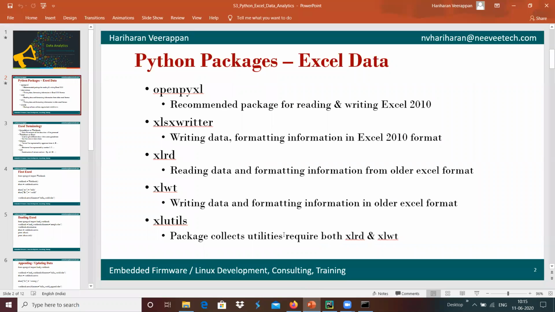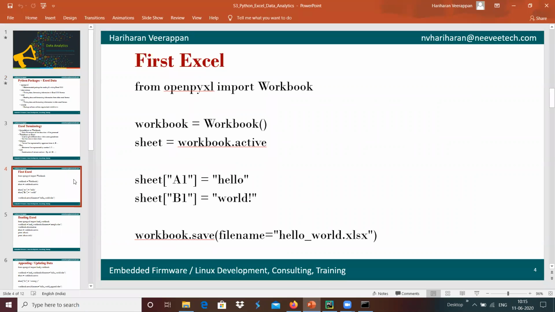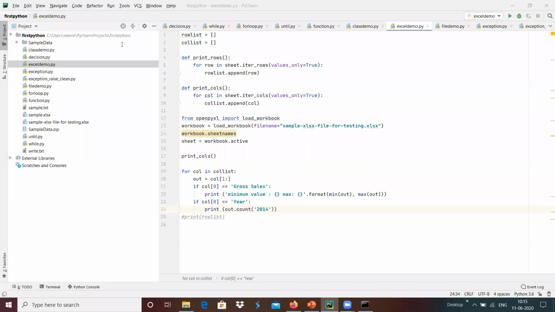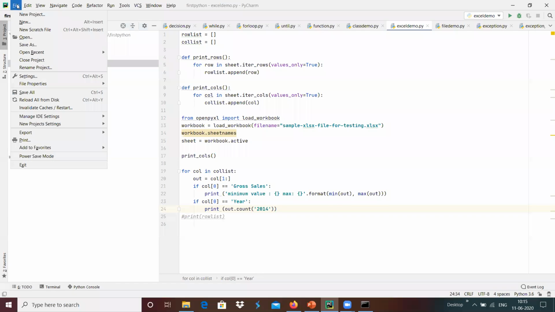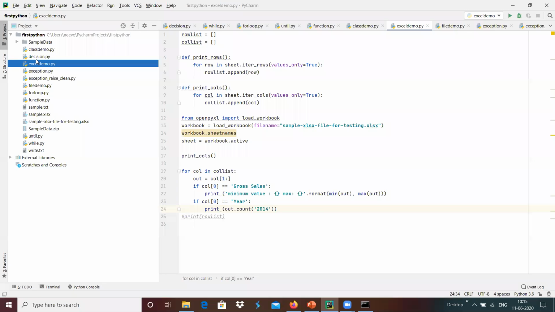Now we have installed our Excel data processing package, OpenPyXL, and we will use a simple mechanism to create a simple Excel file. I'm going to open the projects.